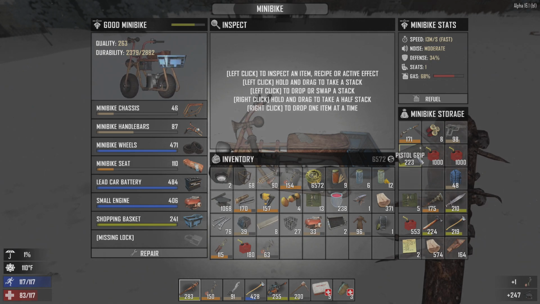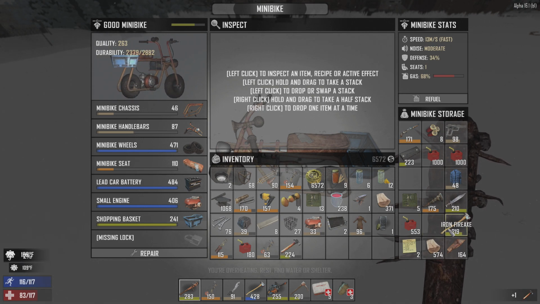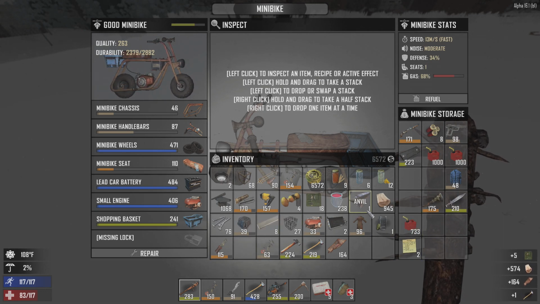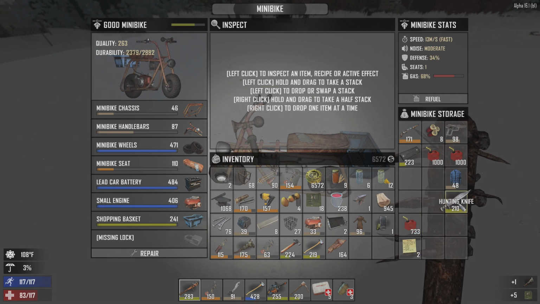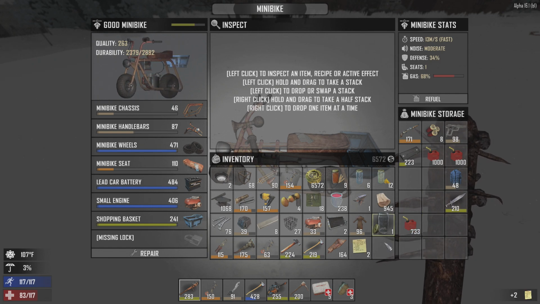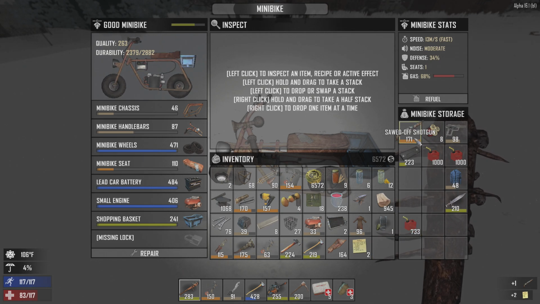Take some of this stuff inside. I didn't sell the gun parts to him there or the shotgun. I'll keep the shotgun. Take our hammer in. Axe, leather, wood. We'll leave the gas in the mini bike. The repair kits, take with us. Wrench, we'll leave the knife in there. The temperature's going down now. Guess we'll keep the